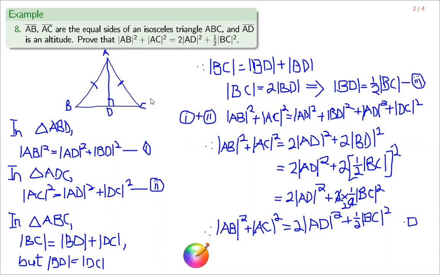First, I made a sketch of the question, the information given. So here is the isosceles triangle ABC, and we're told that D is the point where the altitude meets BC. So AD is the altitude. Now, if you look at the triangle carefully, in triangle ABD, this right angle triangle over here,